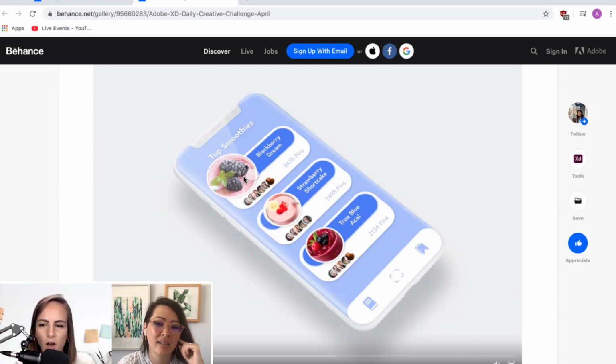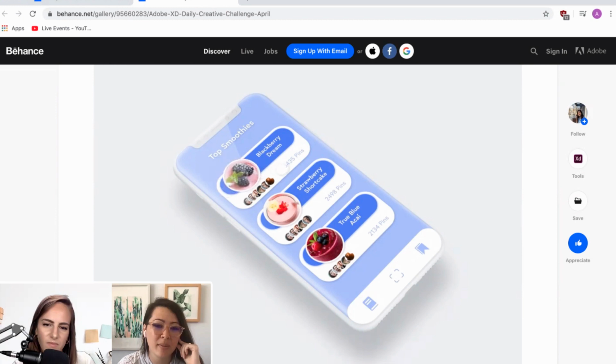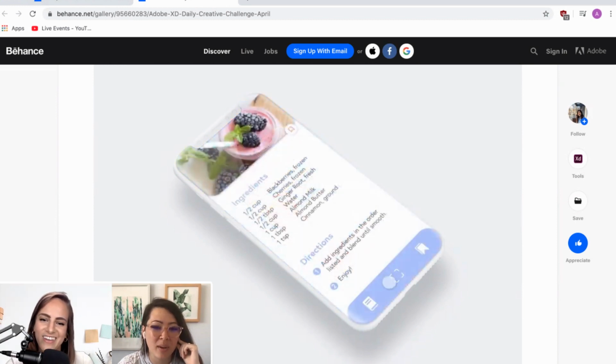One real quick note on where that little button makes the smoothie larger. This to me feels like a hover animation, but we wouldn't really have hover on iPhone. So otherwise I would assume we click into this Blackberry Dream recipe if I would click anywhere on there. So just a minor little thing on that one. It's fun to play with hover, but it doesn't work on mobile. Right.